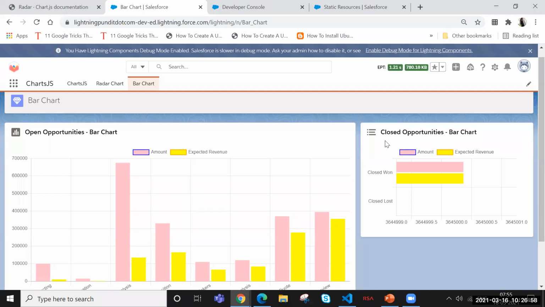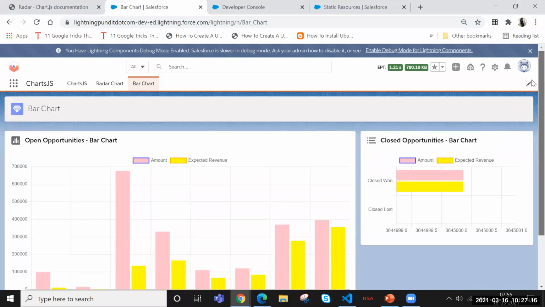How much better is Chart.js than report charts? Based on the UI and performance, both are good actually with Chart.js. Also, there is an AppExchange package where we can make use of Chart.js without coding.